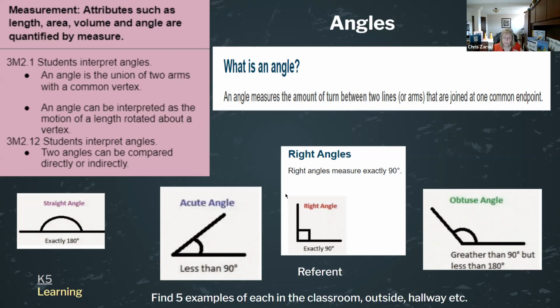Are there any in their book? Are there any in their pages? Where else can they find them? And literally what we want them to do is be able to take a picture of a right angle. So they could cut one out. You could get that from the math kit, cut it out and they're going to use that as a measuring tool. Is what I'm looking at right now a right angle?